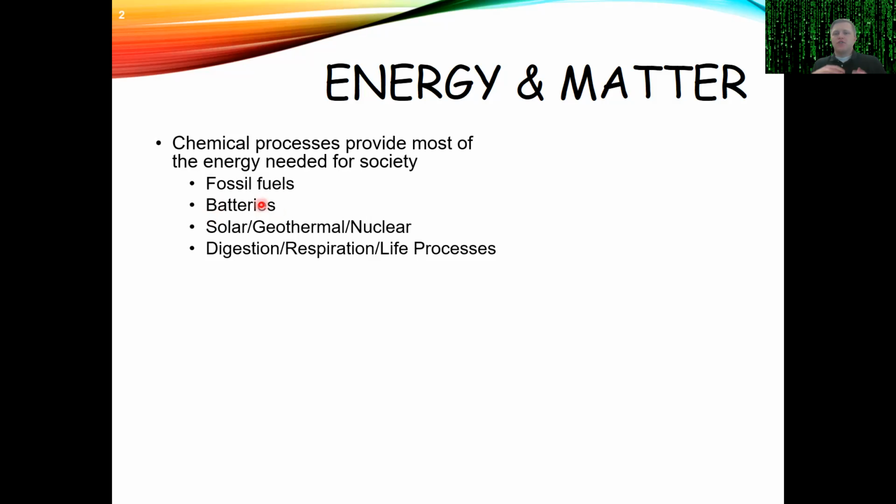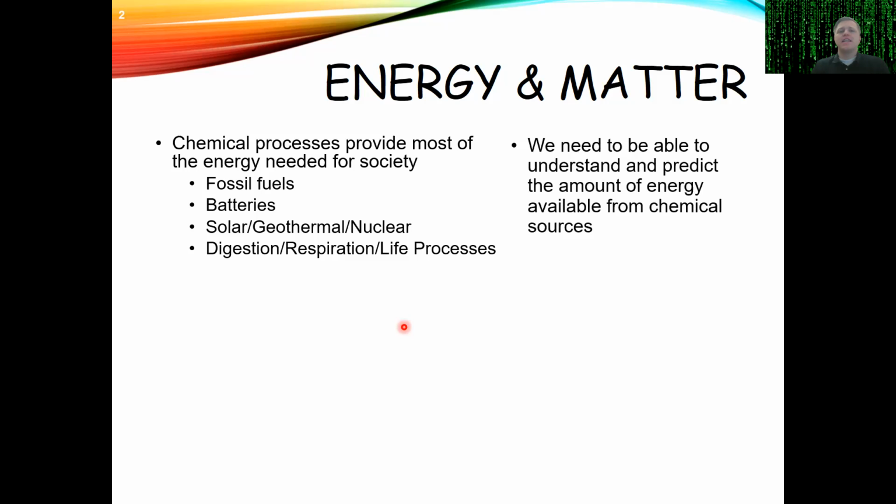In batteries, this is the transfer of electrons from one metal to another generally, or from one ion to another. So any way we generate power is based on some sort of chemical process, some sort of motion of electrons, some sort of rearrangement of atoms. We want to be able to understand each of these processes well enough so that we can improve upon them, right? If you're going to improve how well your fuel performs, you have to first understand how your fuel performs, right? You have to understand what's going on, what reactions are involved.